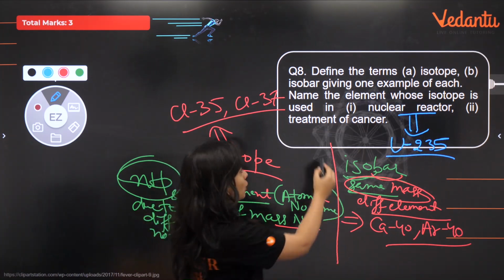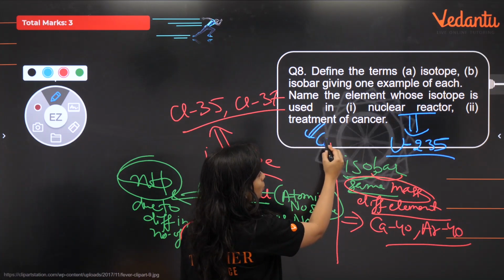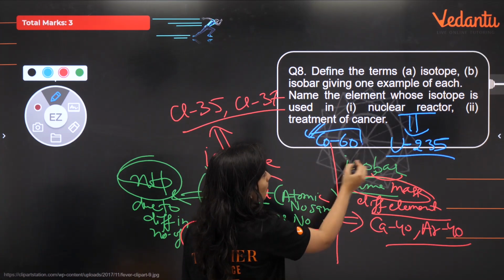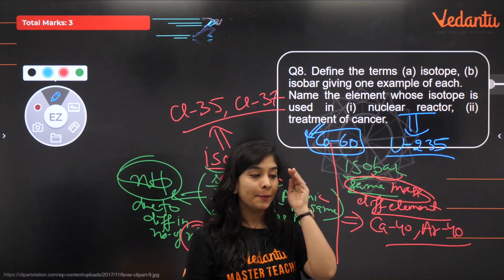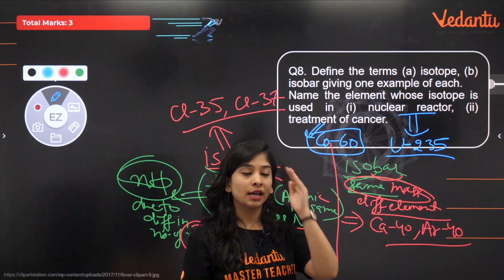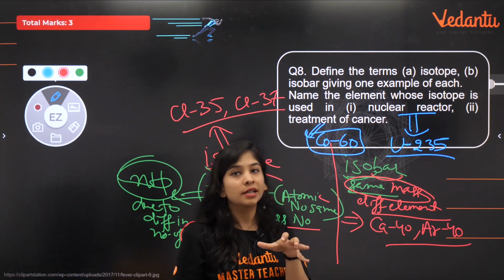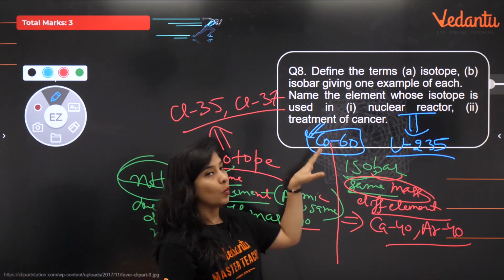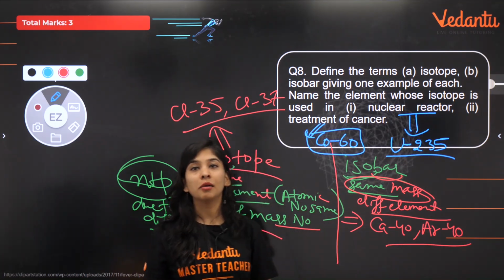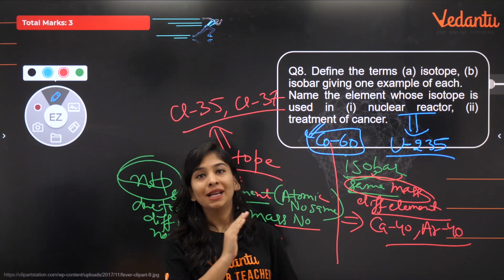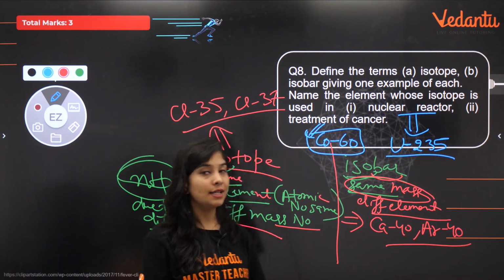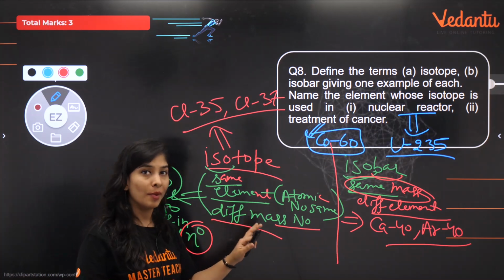to provide electricity, to generate electricity. And if I talk about treatment of cancer, so they use one of the isotopes of cobalt, that is cobalt 60, to detect tumor in your body, क्योंकि ये कुछ rays produce करता है, that is going to strike the body and can detect the tumor, right? So 1 mark में such kind of a question can come, which is nothing but application of isotope. So you should be clear with this funda, right? I hope this is so much easy.